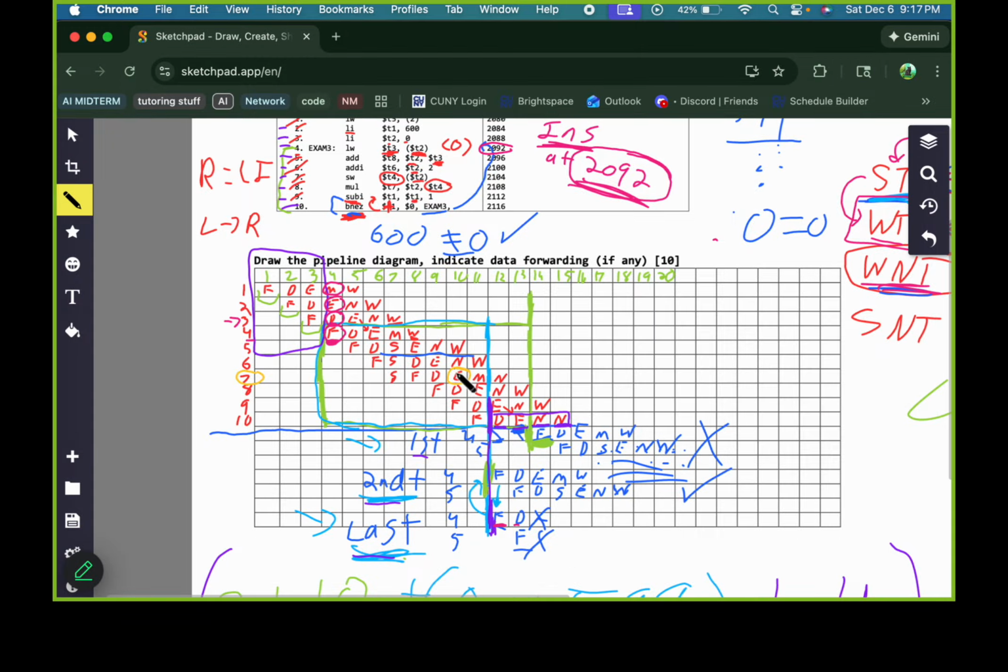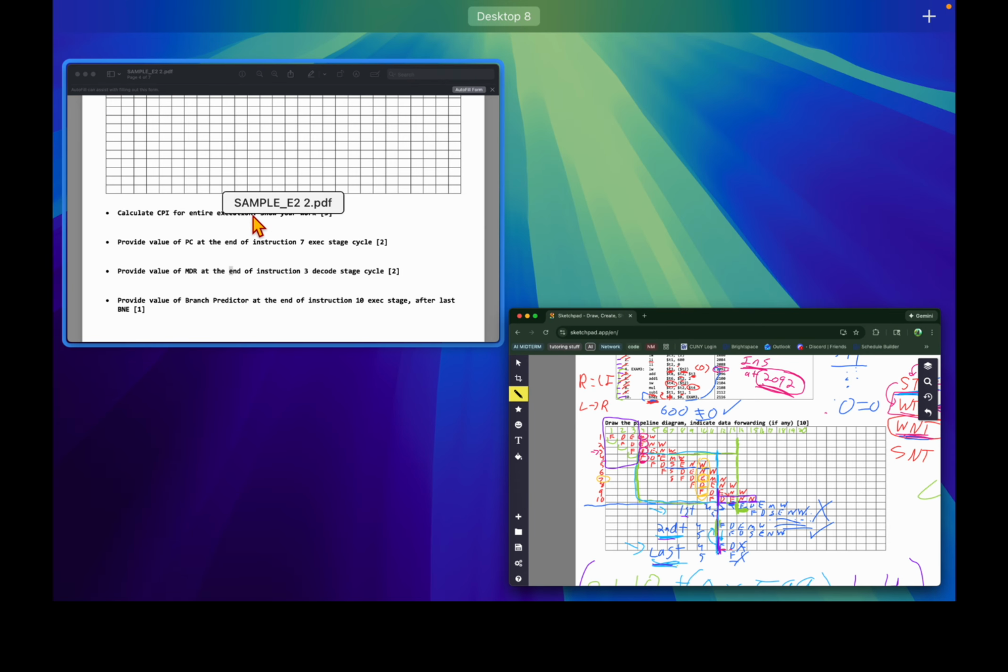So this is what we're looking at over here. What's happening at the same time is all of this, right? So we know that instruction 9's being fetched, instruction 8's being decoded, instruction 7's being executed, instruction 6 has a no-op, and instruction 5 has a write back. Now, what we want to have is the end of instruction 7's exec stage cycle and what the value of